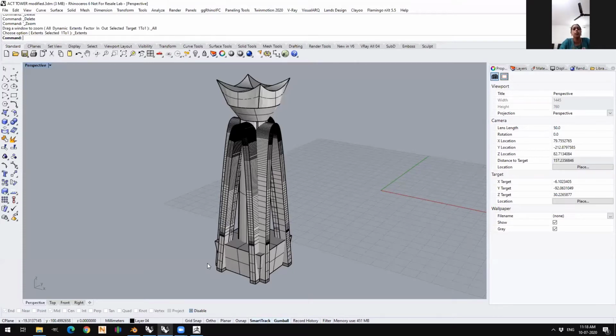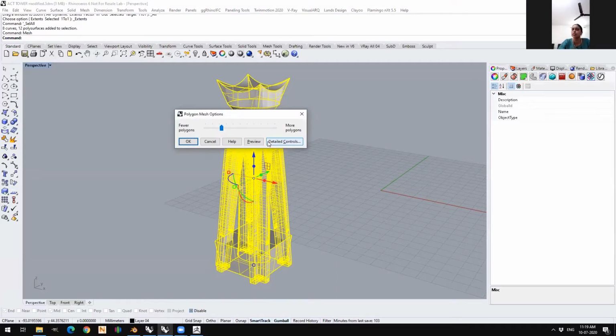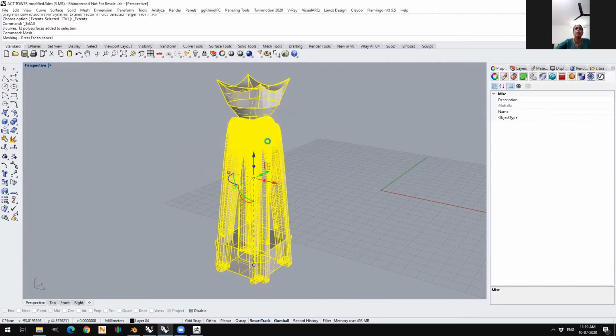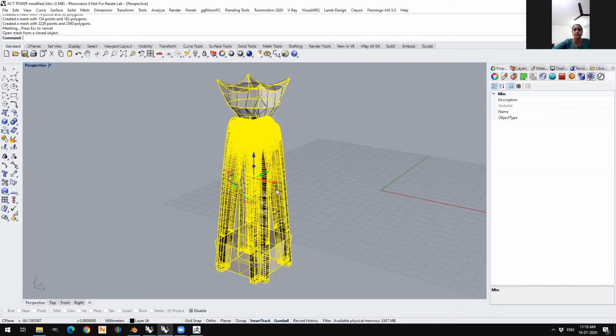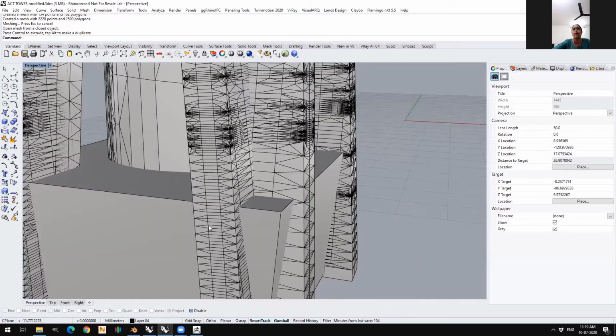STL stands for stereolithography, which is used in most 3D printing machines. Now, there are different software that can be used to check if your file is good or bad, even before you go to the printer software. In Rhino itself, if I make a mesh out of this, what is STL output? It's nothing but a mesh output. A mesh is created out of triangles. So I'll bring this over here, and you'll see that this has been converted into triangular output made out of meshes.